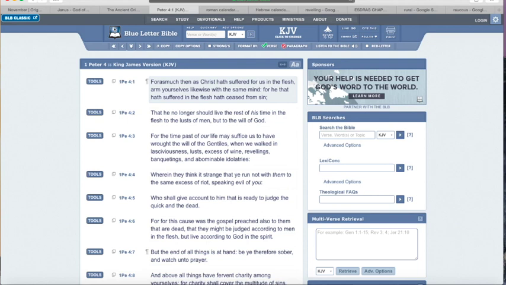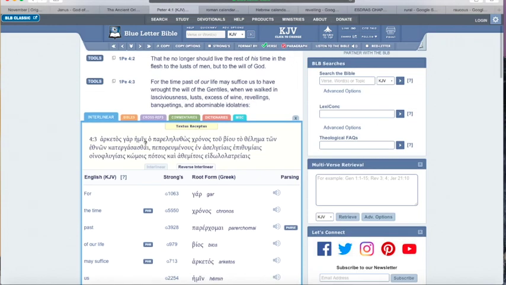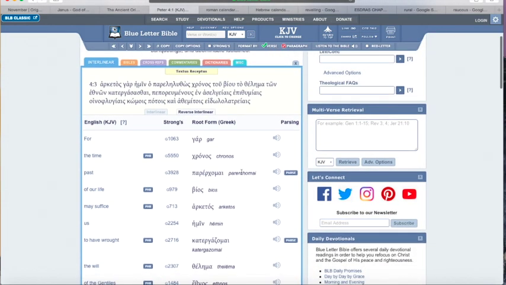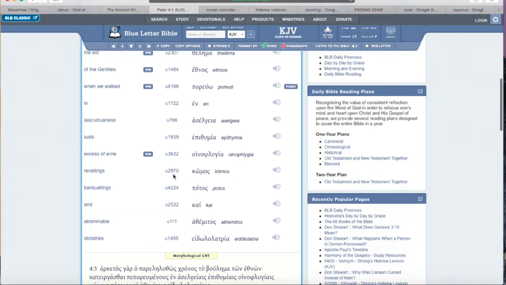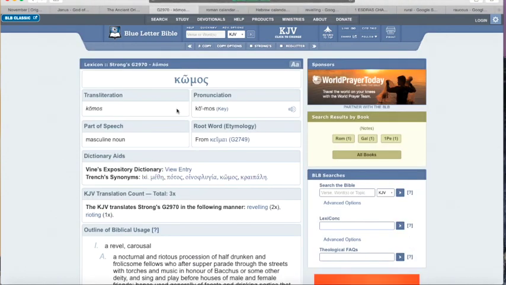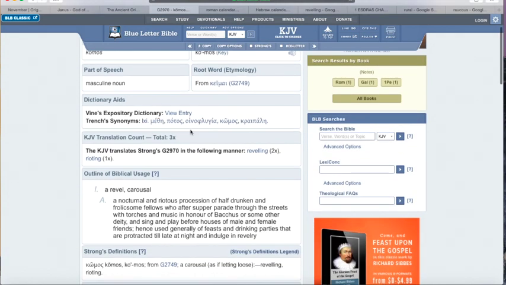Okay, so as you can see, when we walked in lasciviousness, lust, excess of wine, that's just what was spoken of in Romans 13. And the same Greek word for riotous was the same one for revelings, which is the same definition. That's why I said that when I brought that out. All right, so that was it.